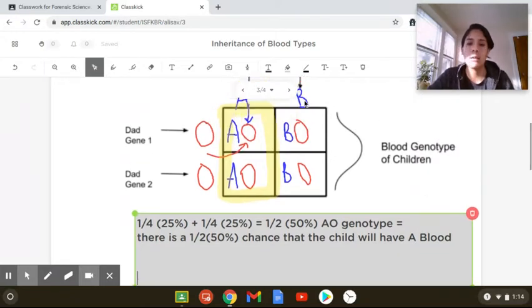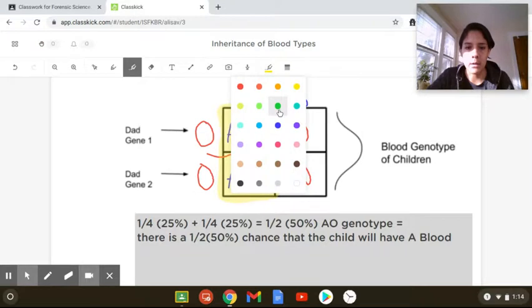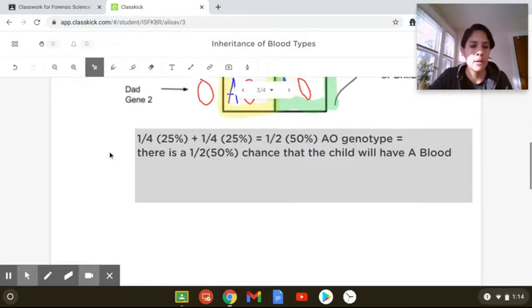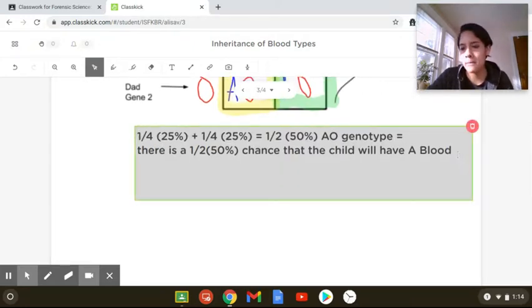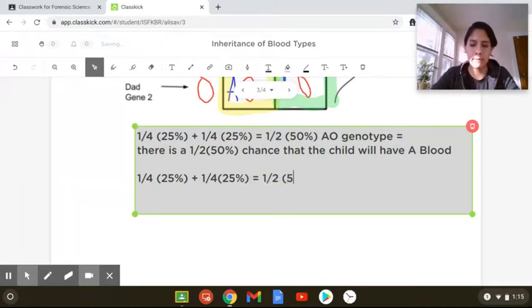Okay, so now let's take a look at these two. These two are also the same, so I'm going to highlight them in a different color. So we have two BO genotypes. Okay. So it's going to be the same. There is a quarter, which is 25%, plus 1/4, which is another 25%. That equals 1/2, or 50%